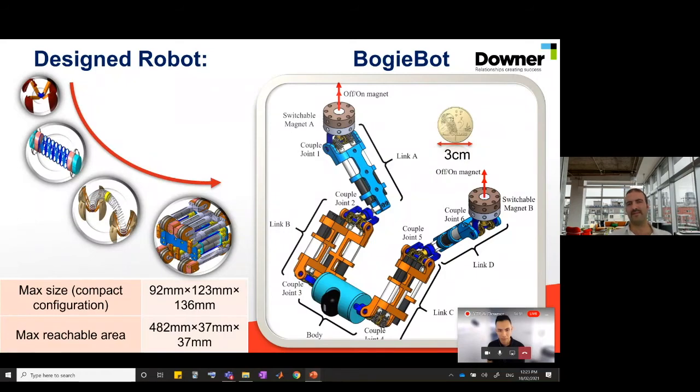It is less than 12. It can reach half a meter. It means it can extend its body to half a meter, but at the same time it can squeeze itself to around 10 centimeters. So that is a great feature for our application. The reason we designed such a robot